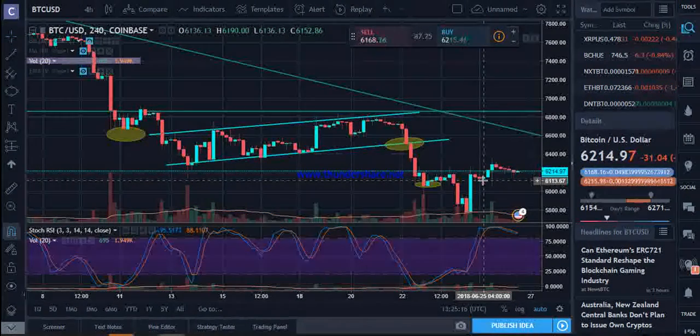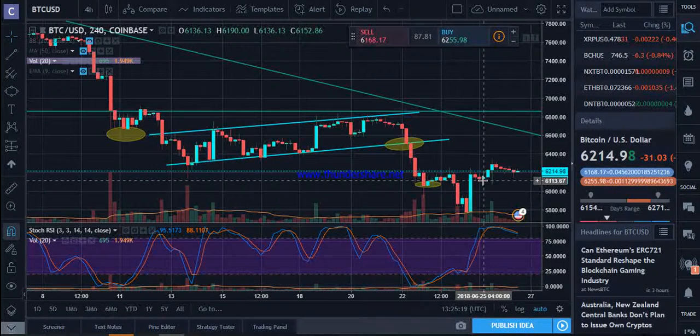I think this is specifically for Kelly, and I'm hoping this helps Kelly to understand what actually the Elliott wave is about. You know what I'm saying? So